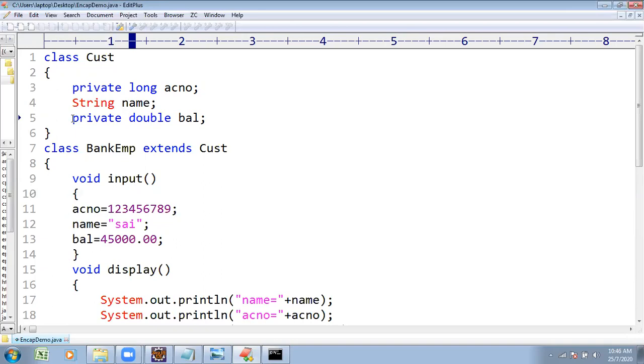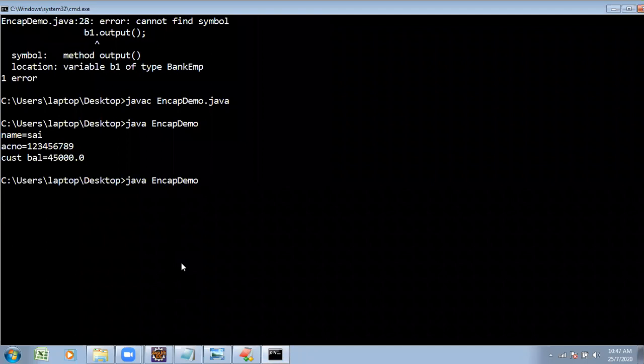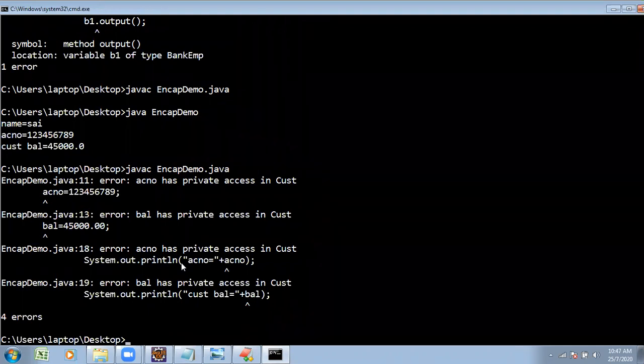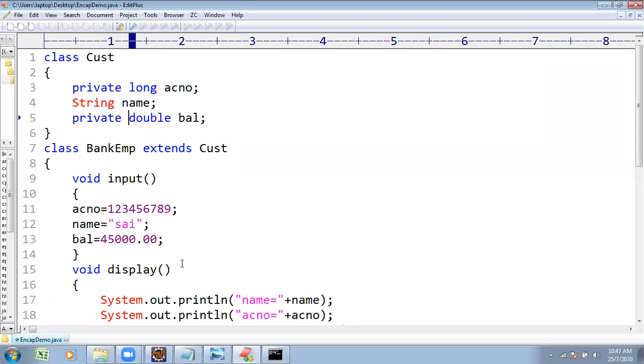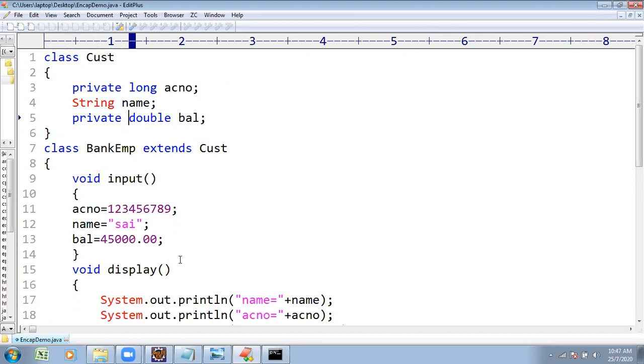See these things. Previously declared as default or public, any type, no problem. But when he modified it to private, compile. Account number is private, balance is private. When declared as default, it can be accessible everywhere. But when declared as private, it is accessible only here, and in the subclass it may not be accessible. The solution for this is getters and setters methods.